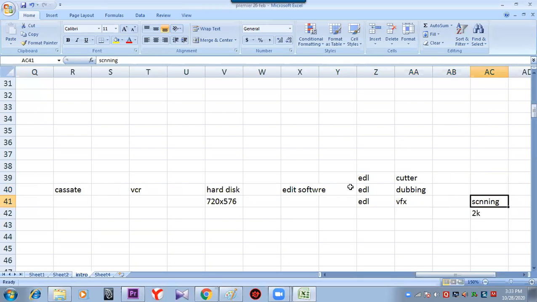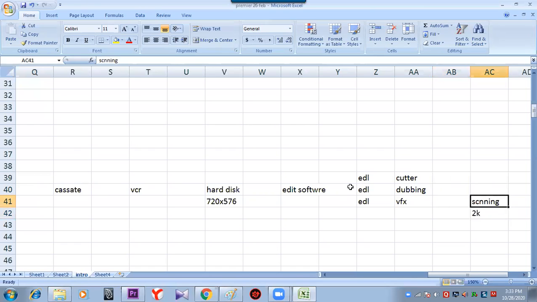So to show you how the process works, I've taken this Excel sheet. In VFX, again, two processes happen. Scanning is done, because before it was negative. The negative has to go for 2K scanning. 2K means the theater release size, 2048 by 1556, a single frame size. Anyhow, everything is recorded here now. Whatever I'm speaking, you can listen to this.